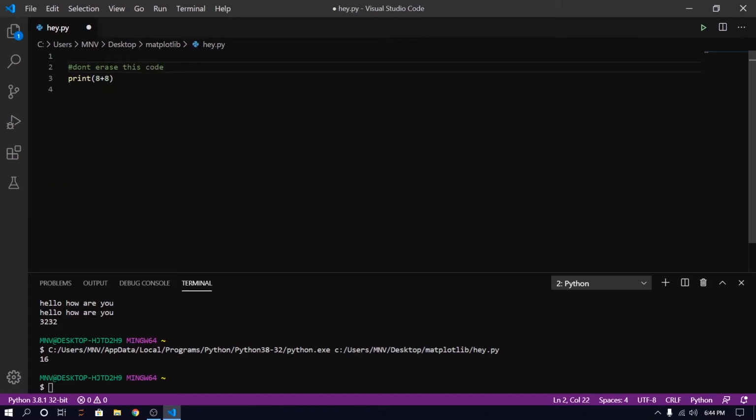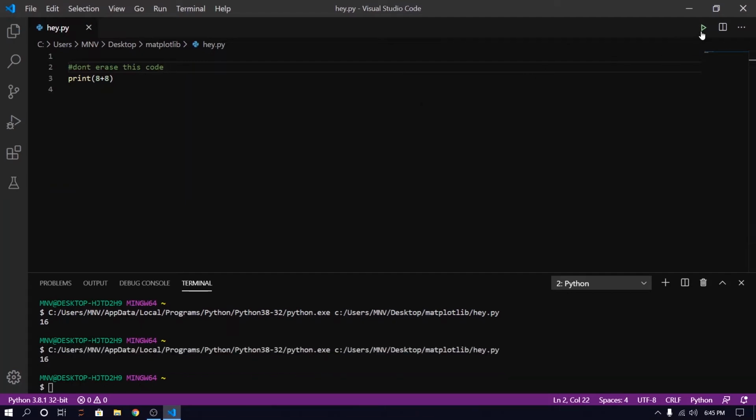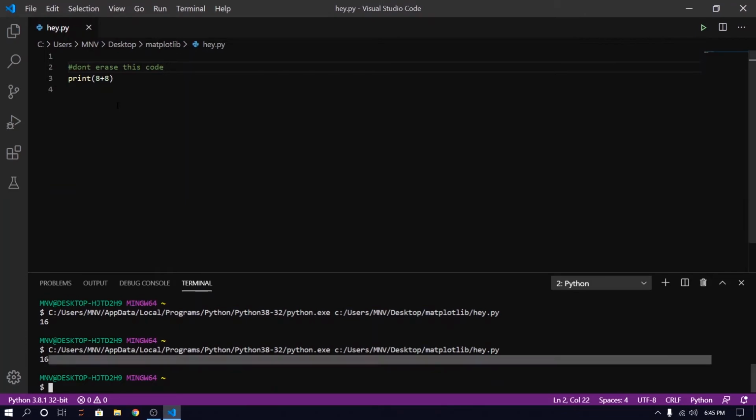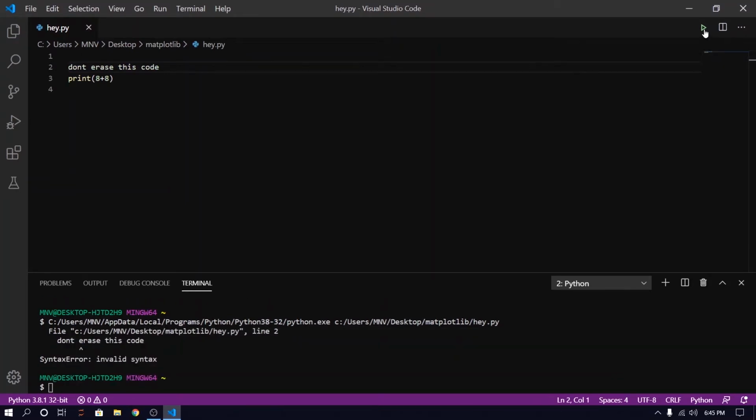At the start of a comment you have to write hash. Okay, so whenever you write hash, our compiler will understand that it is a comment, and it will ignore that comment. So now I'm going to run this code, so you can see this. Okay, so what happens if I don't type hash? It will give me an invalid syntax error because our compiler doesn't know what this means. Okay,